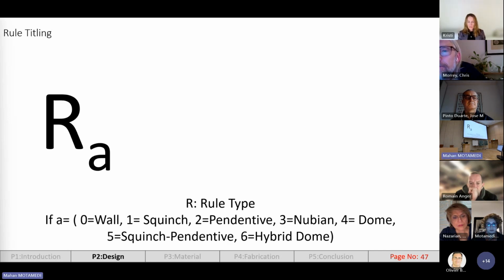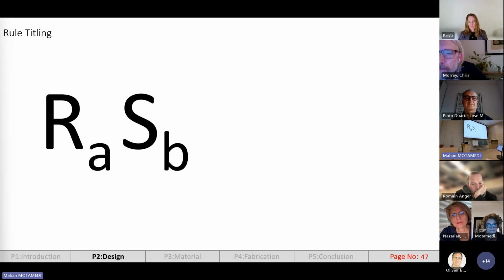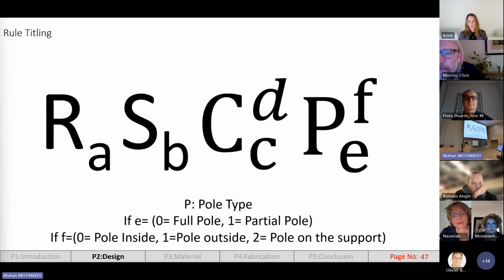The last part is about the rule titling. Each rule is defined by a title using four letters. The first letter stands for the rule type, which is R. The second one is S, which stands for the support type. The third one is C, which stands for the support configuration, and the fourth one is P, which stands for the pole. Since I don't have enough time to explain everything, please refer to the manuscript for the definition of the subscripts and